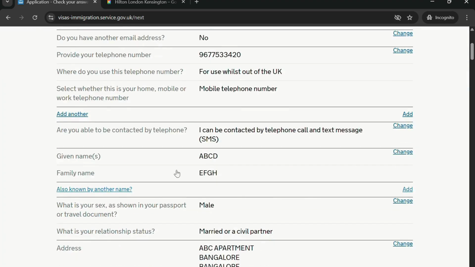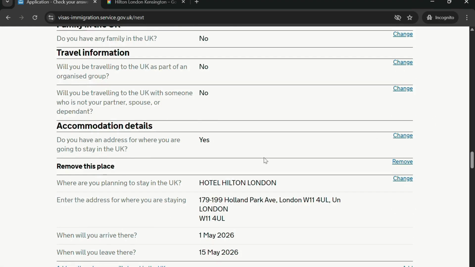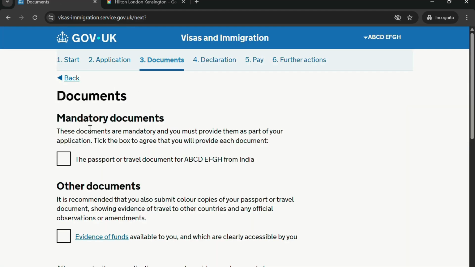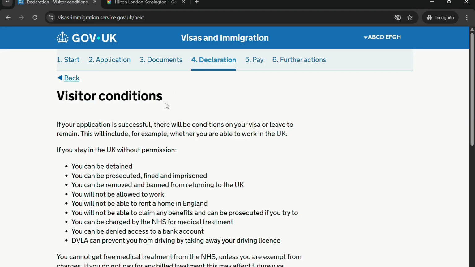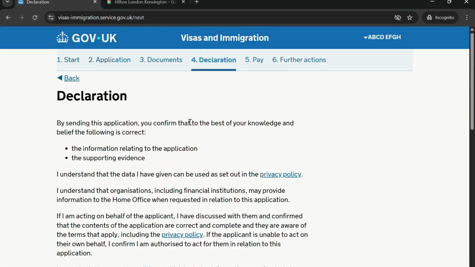Here you have to check all your answers whether you have entered correctly or not. If you want to change it, please use this change button and click continue. The next stage, yes, you have to confirm I have your passport handy and other supporting documents ready to upload. Click save and continue. These are the disclaimers you need to check in, and the declaration you have to click